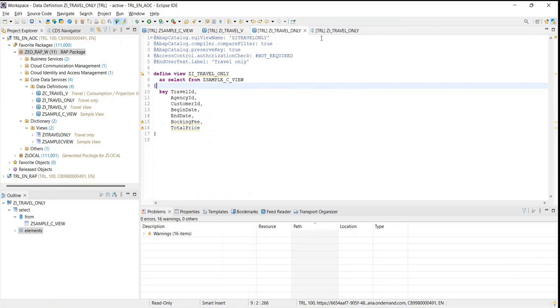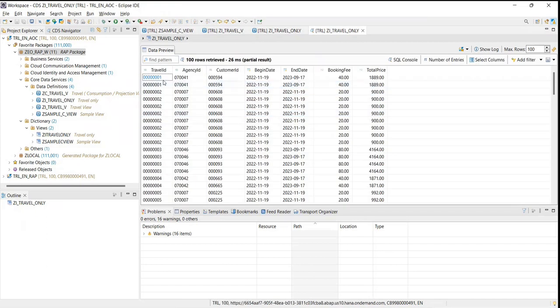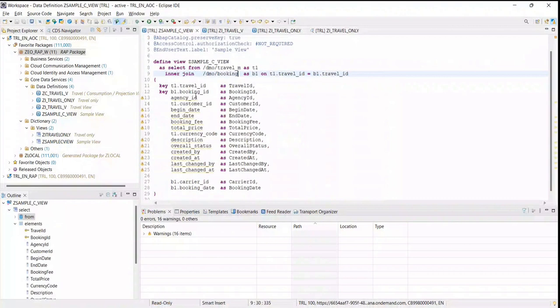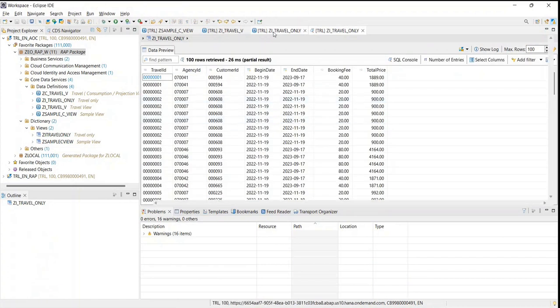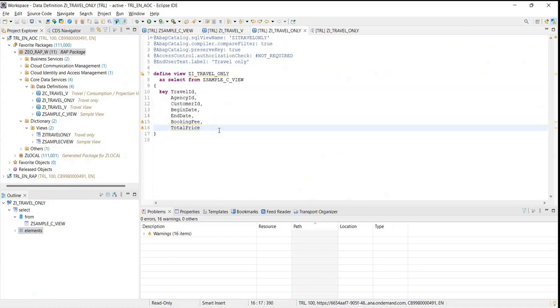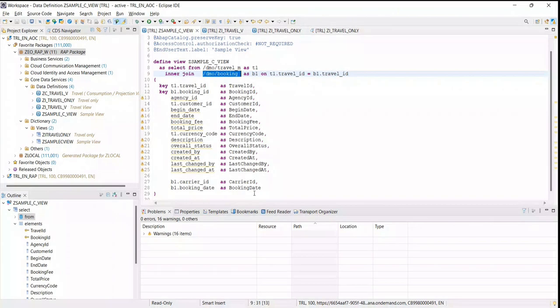Okay, and that's the reason you are getting the duplicate data, because the join is getting triggered. Even though you are not asking for any information of a booking, your table travel is being joined with the booking and your data is being fetched while fetching the data from this, even though the columns that you selected are from travel. Instead, if I try rewriting this view with something called an